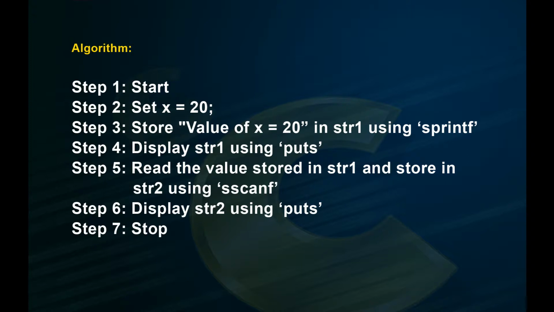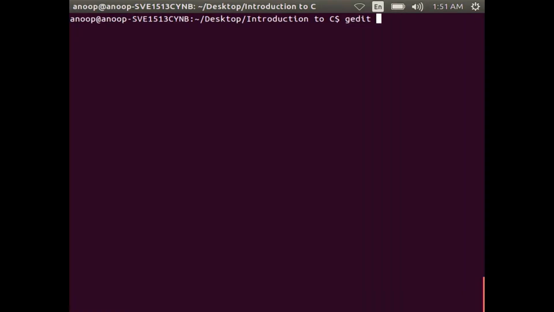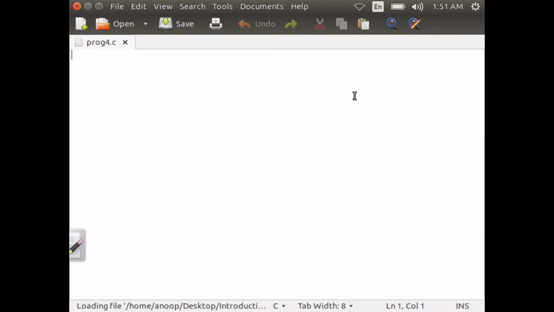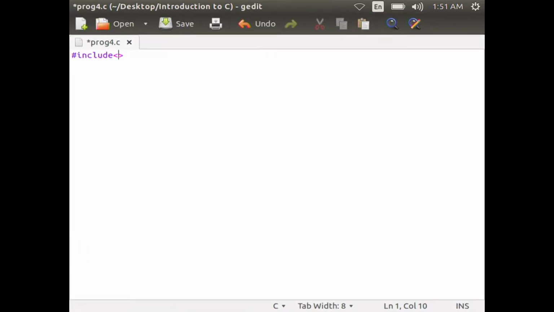Step 7, stop. Now, let us type this program: hash include stdio.h, int main, within curly braces, char str1 of size 50 and str2 of size 50. str1 and str2 are declared here as arrays of size 50 each. We will have a detailed session on arrays in coming classes.